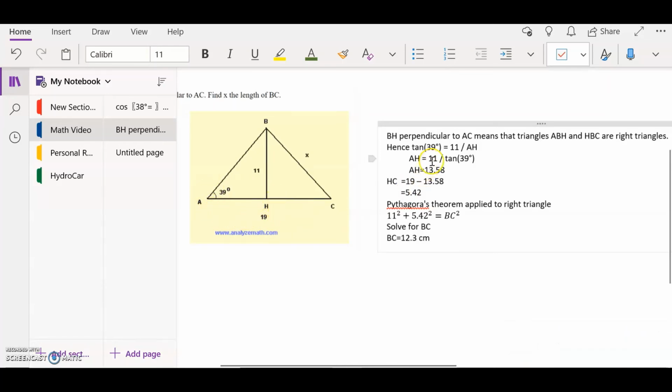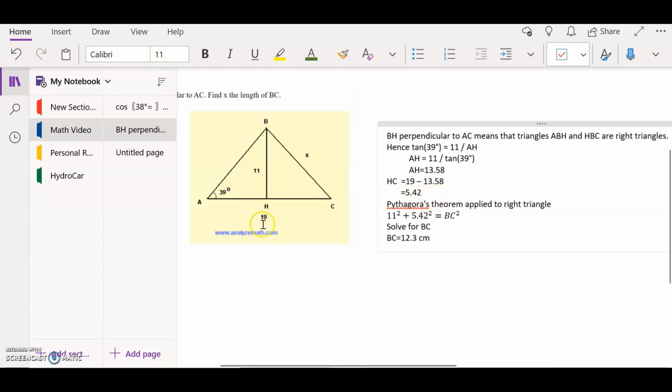We use tan and substitute the angle and the opposite length, and we get AH is 13.58. Next, we subtract AH from AC, and we get